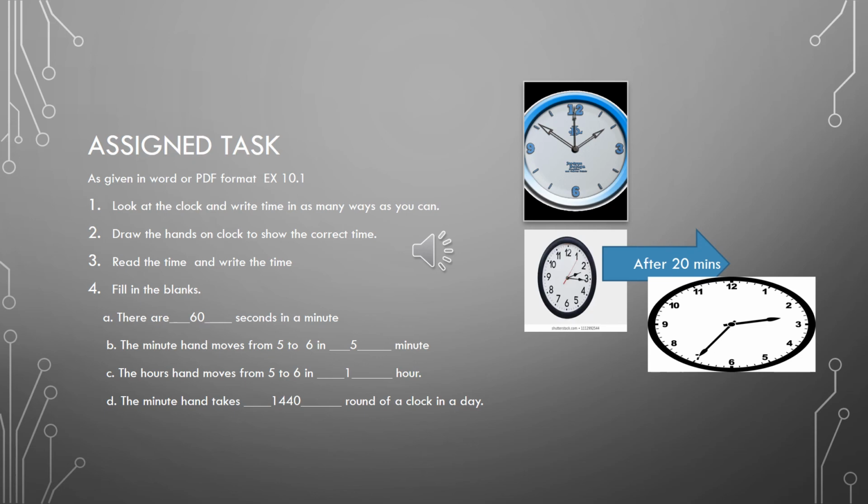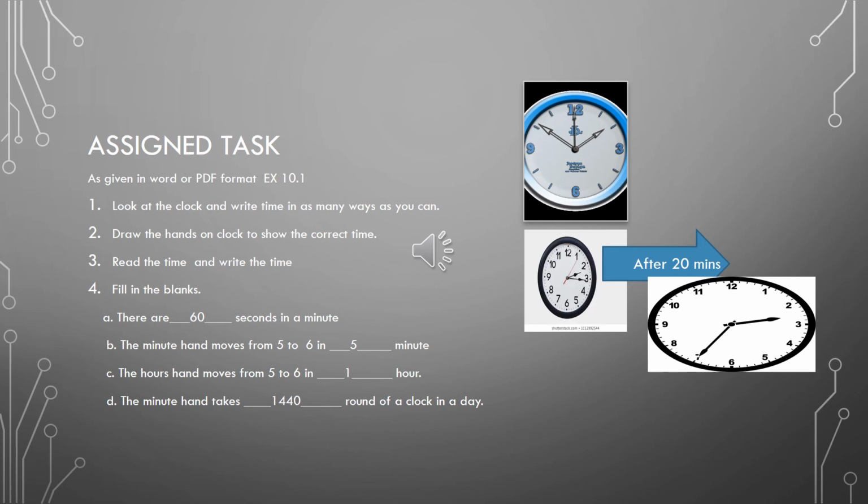Okay, in first one you can see the picture on right side, the second picture on the right side, it's quarter past 2 है ना, it's quarter past 2 ना, or something else. Yes, it is 2:15 or it's quarter past 2. Done. What you have to do, you have to read this time. So we read it. Firstly, we have done the first task. Now what we have to do, we have to add these 20 minutes in it.